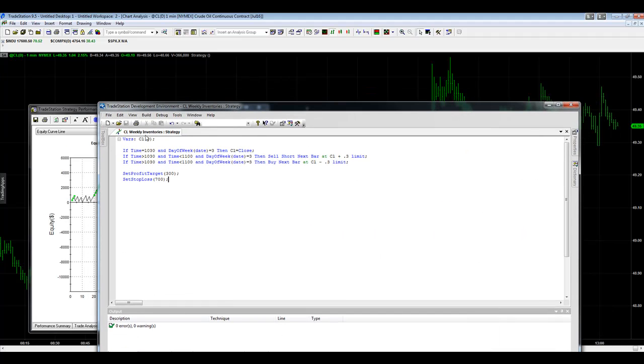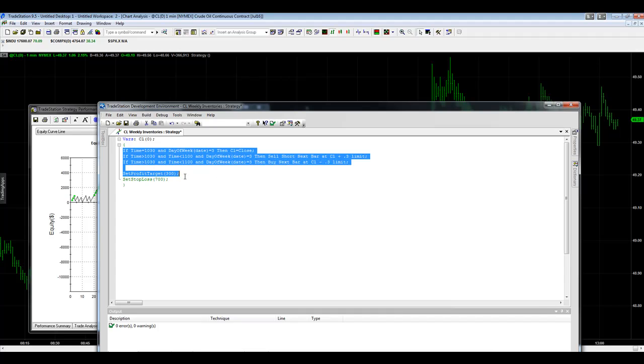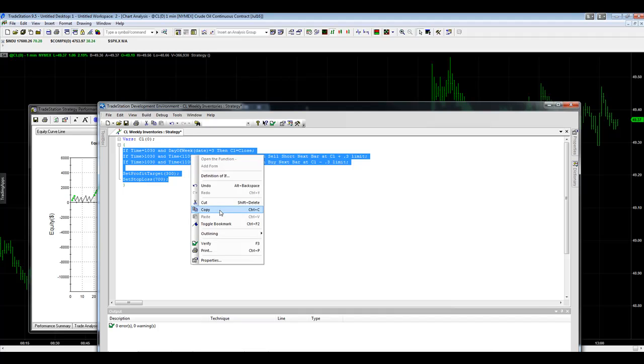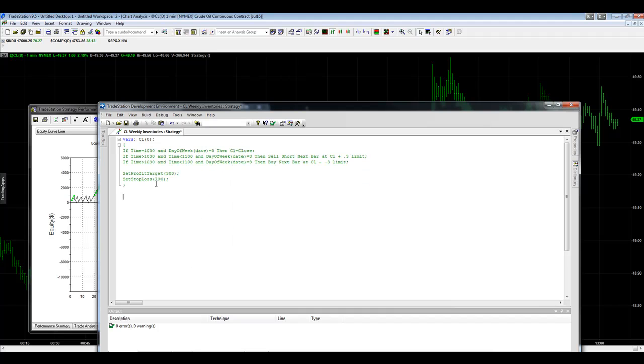And so let's do this. Let's comment out this code. It's green now, so it doesn't see it because it's commented out. And then we'll paste the code there. We copied and pasted it, and then we're going to reverse the entries. We're going to buy the next bar at the CL plus 3 on a stop,